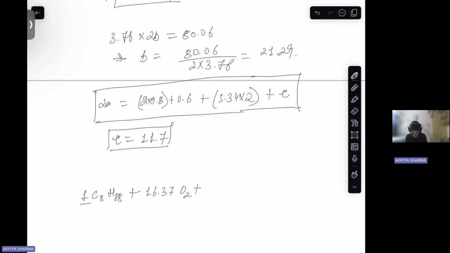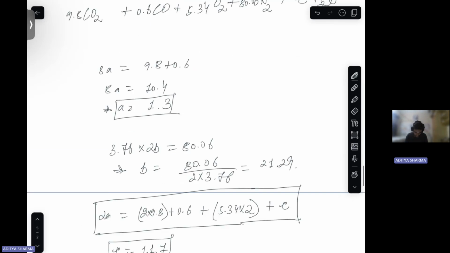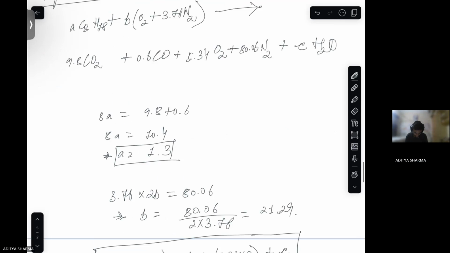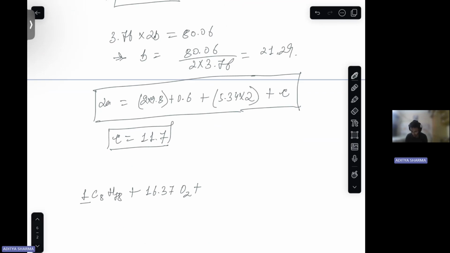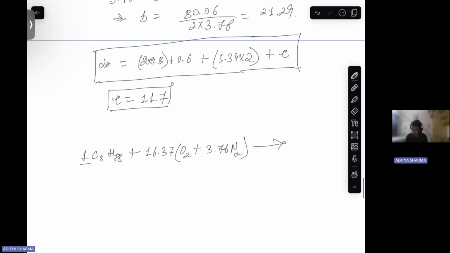The coefficient of your octane was 1.3, but we are writing it as 1. So all other coefficients will also change in that case. So this will come out to be